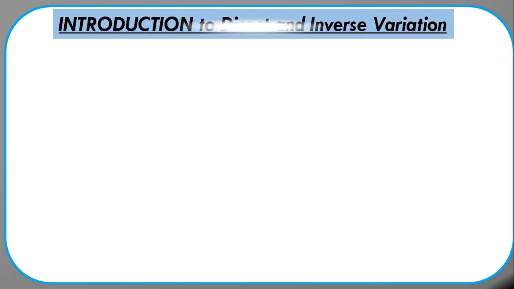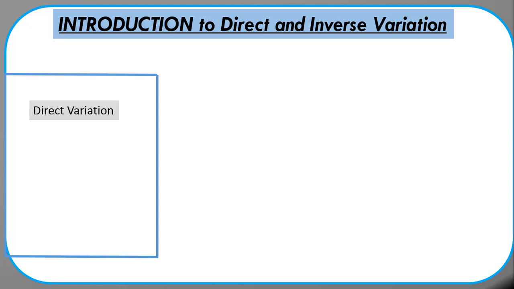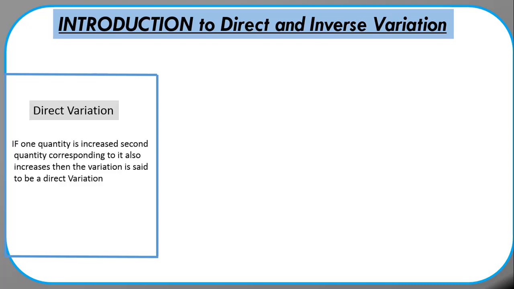Let us first introduce ourselves with the basic definition of direct and inverse variation through an example. In direct variation, students, if one quantity is increased, the second quantity corresponding to it also increases. Such kind of variation is called the direct variation. How are we going to write it mathematically? y is directly proportional to x. Students, remember, this sign here is called the directly proportional sign. And whenever you replace it with an equality, you have to introduce the sign of a constant, that is k